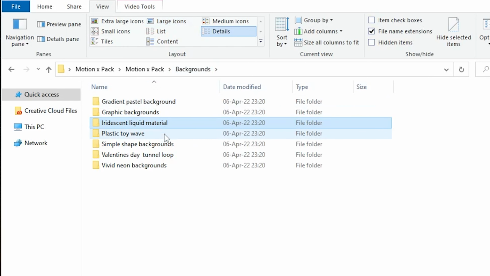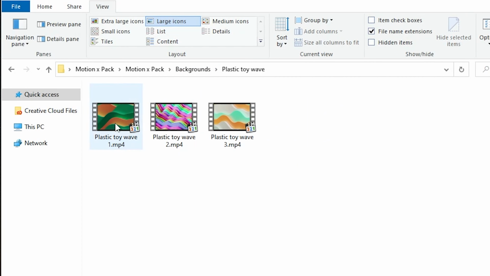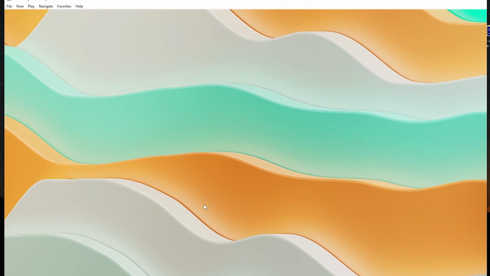Okay, next. Plastic toy wave. Well, sounds interesting. And it actually looks interesting too, kind of reminds me of the previous 3 we've just seen, but these ones are more plastic. I could potentially use some of them, but as per my taste, I think I would have to blur them out a bit to not distract the viewer from what's happening in the foreground. But again, nice quality, decent pattern, not bad.